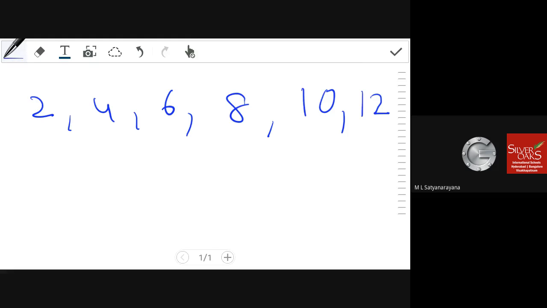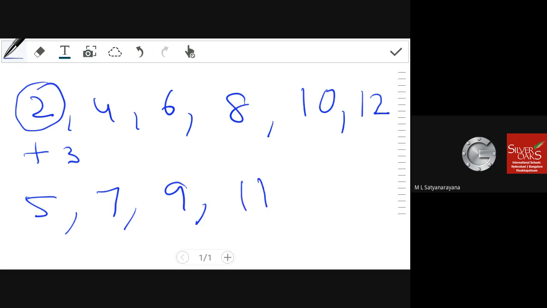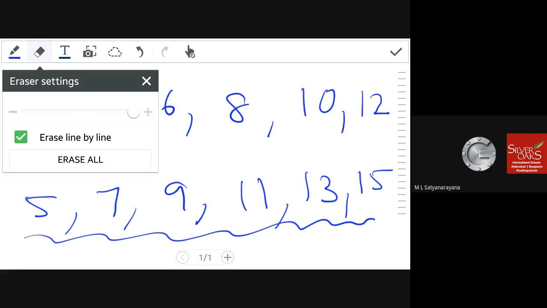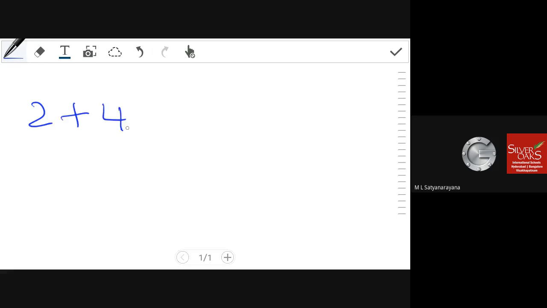The next thing is, suppose you add some constant value to this sequence. Let me add the constant value 3 to each term. 2 plus 3 is 5, 4 plus 3 is 7, 6 plus 3 is 9, 8 plus 3 is 11, 10 plus 3 is 13, and 12 plus 3 is 15. When you add a constant to the sequence, if you observe, the difference is still the same. This is a sequence; now let's talk about the series. Any series you take, 2 plus 4 plus 6 plus 8 plus 10, you add some constant,